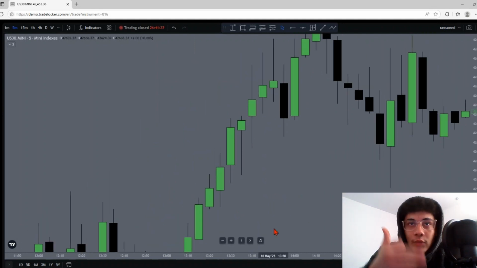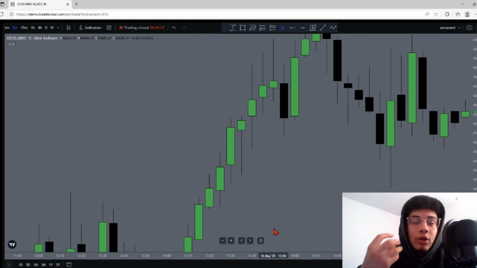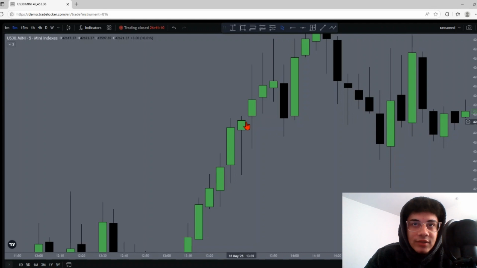Now, the reason I call it a wick to body ratio, it's not really a ratio in regards to doing numbers, but an overall visual ratio. Look at the size of this wick, and then look at where the body is. This lets us know that we went from, again, being a huge bearish candle to shoving all the way up, flipping to the buy side.